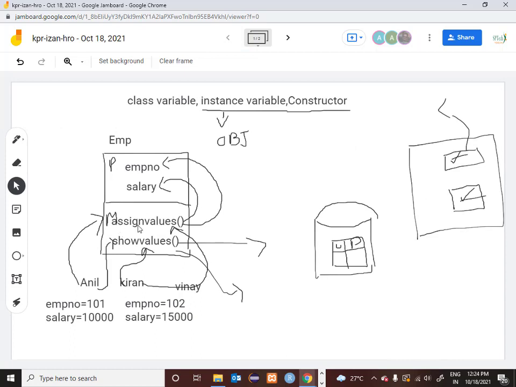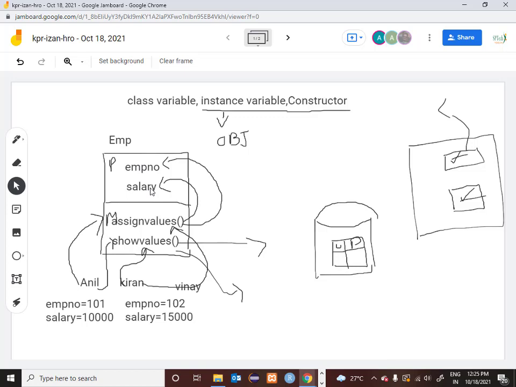You have a method called assign values. What is this assign values method doing? It is assigning the value for employee number and it is assigning the value for salary, correct? So in other terms, you can say that employee number and salary values are constructed by this assign values method.